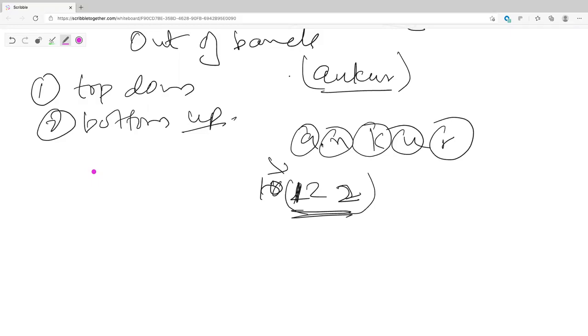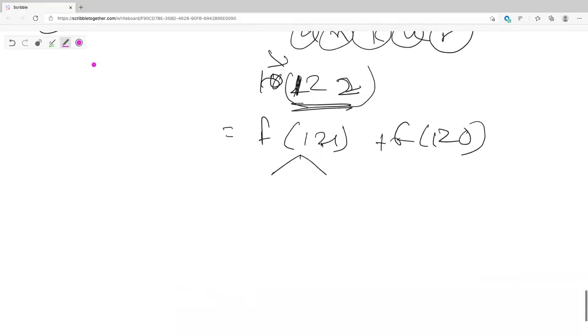Right. So basically, if you forget about the DP solution, this is going to be Fibonacci of 121 plus Fibonacci of 120, right? And eventually you break up 121 into again 120 and 119. You break up this, and eventually you go down. Now think, if you never had a base case, this will keep dropping down and keep going to negative infinity. You might go up to minus 100, minus 1,000, minus a billion. So you need a base case.